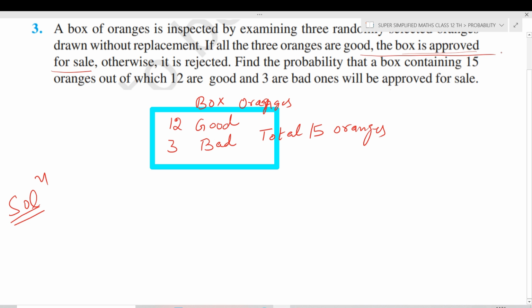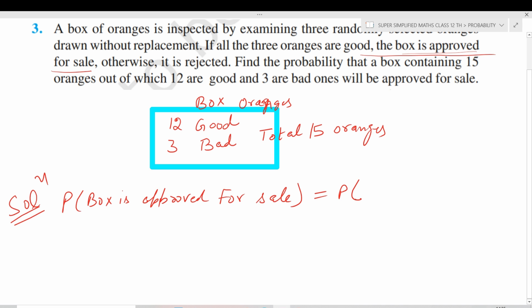So any three randomly chosen oranges should be good for the box to be approved for sale. And it contains 12 good and 3 bad oranges. What is the probability that the box will be approved for sale? Now students, the probability that the box is approved for sale will be the same as the probability that all the 3 oranges that you take out are going